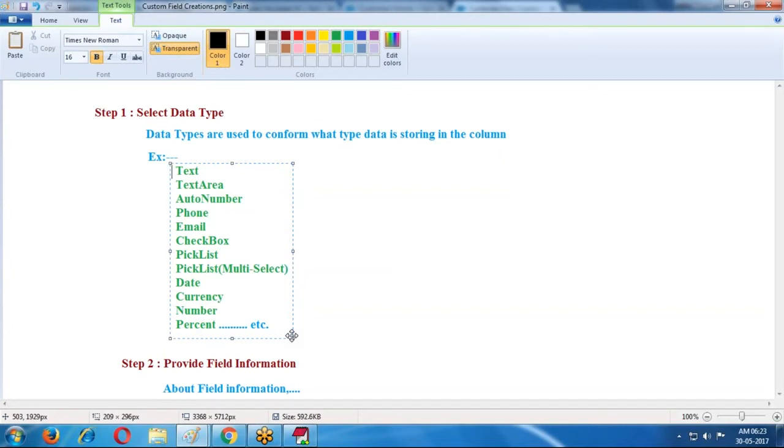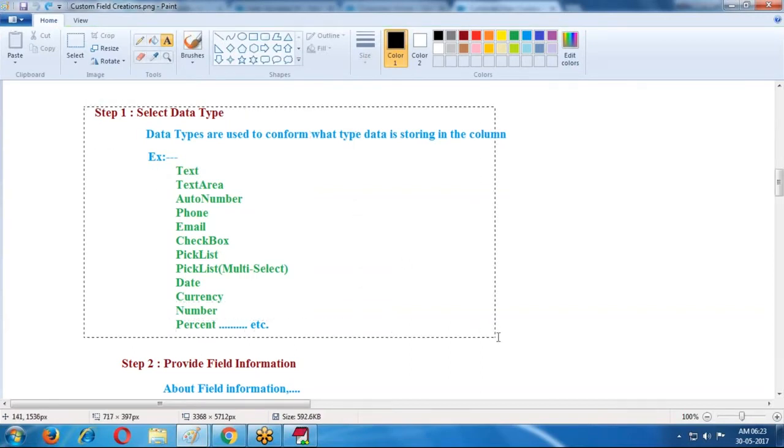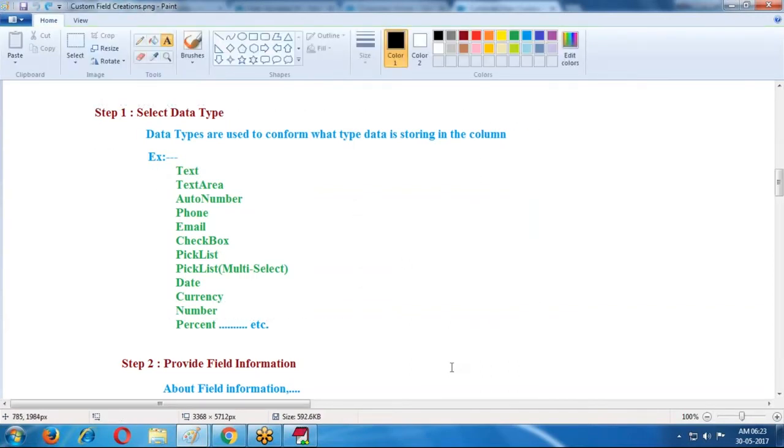Only one data type is accepted, whether it is number type or text area or text type or checkbox or pick list. This is the first step. If the step is completed, then go to the second step.